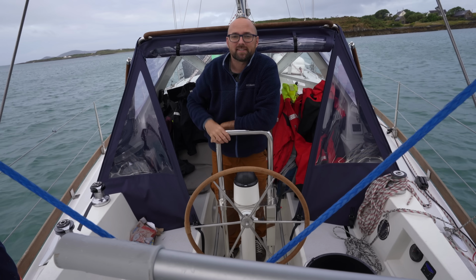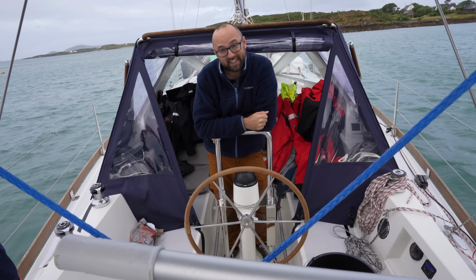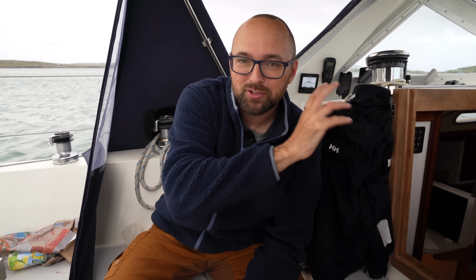You join us here in Southwest Ireland on a grey, rainy and windy day. We're on a mooring ball just east of Heir Island. Tomorrow looks more promising for going ashore and checking out the island. It shouldn't rain as much tomorrow. As far as today, well, why don't we give you guys a short glimpse into everyday life as full-time cruisers